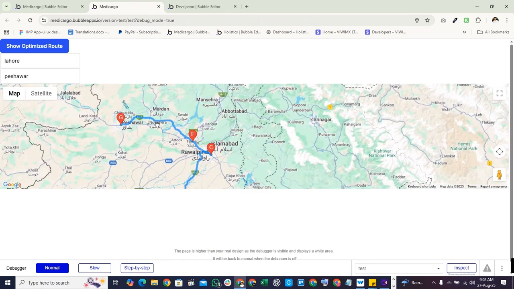So this is how we can set up waypoints using map extended in